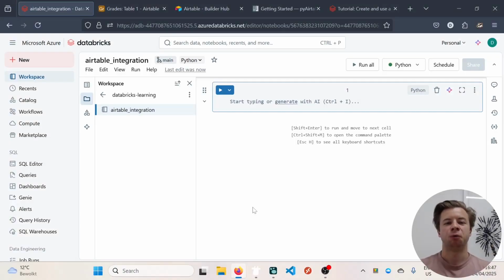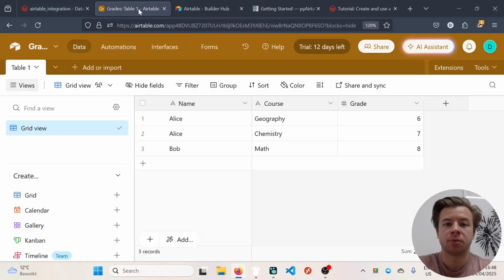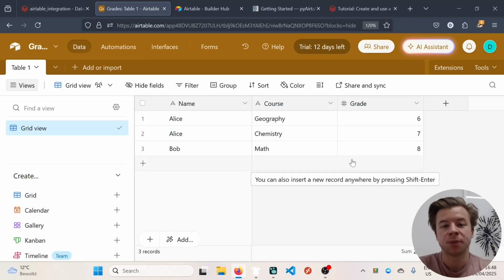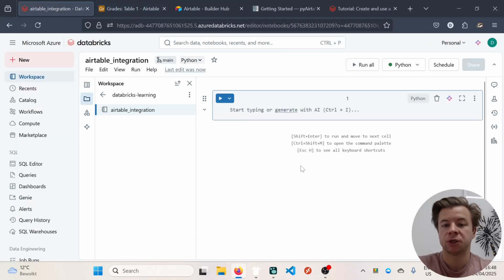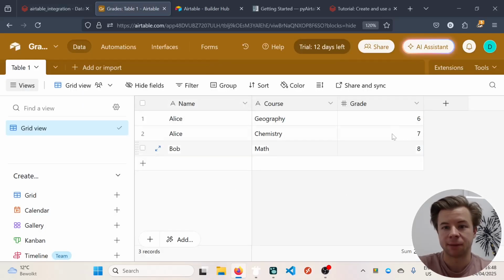In this video, we will be integrating the popular table framework Airtable with Databricks. The objective is to obtain data from an Airtable into a PySpark data frame. I have here an empty notebook in which we would like to see the final data of this table in